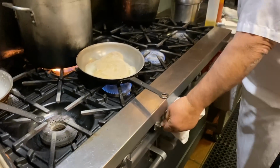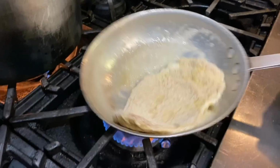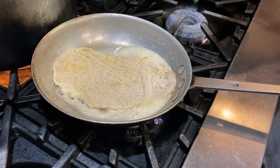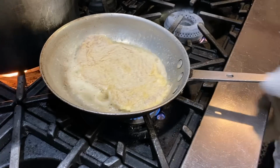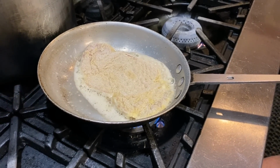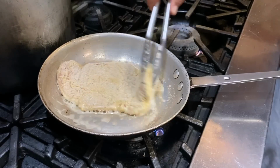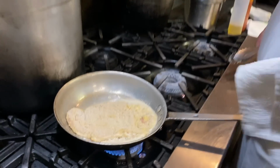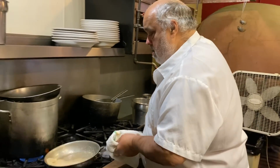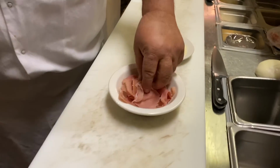Okay, so kick the gas up a little bit. A lot of dishes do a hot saute. This one here is kind of just nice and gentle. We want to keep it nice and tender. That's a nice provolone. Got some nice shaved prosciutto,